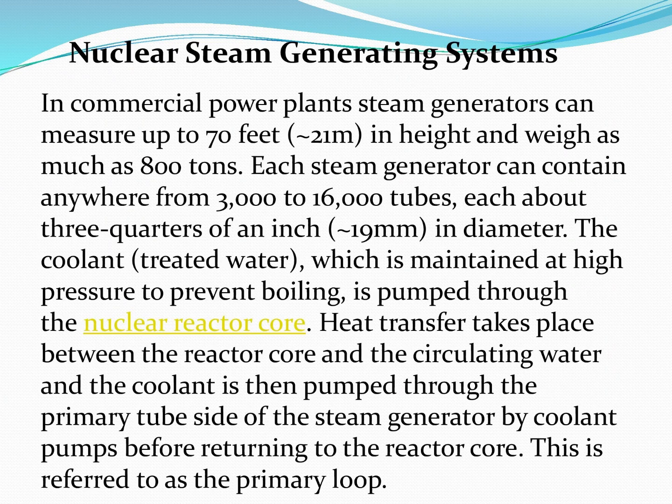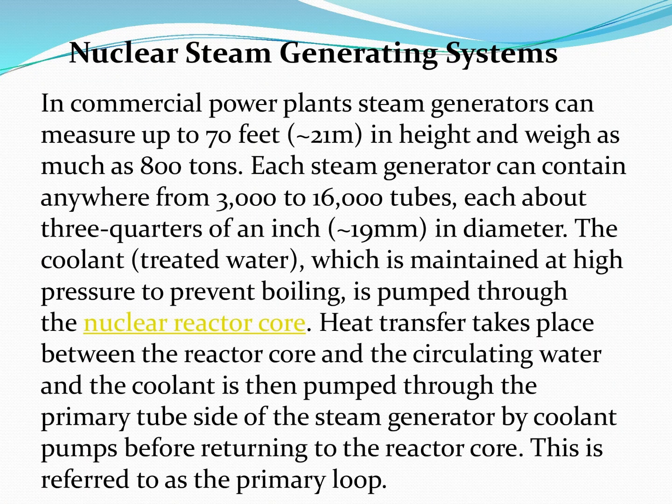In commercial power plants, steam generators can measure up to 70 feet, approximately 21 meters, in height, and weigh as much as 800 tons. Each steam generator can contain anywhere from 3,000 to 16,000 tubes, each about 3/4 of an inch, approximately 19 millimeters, in diameter. The coolant, treated water which is maintained at high pressure to prevent boiling, is pumped through the nuclear reactor